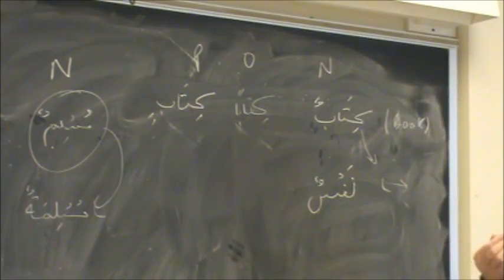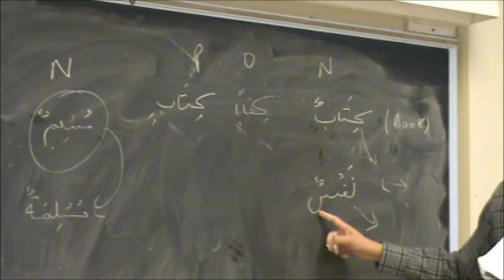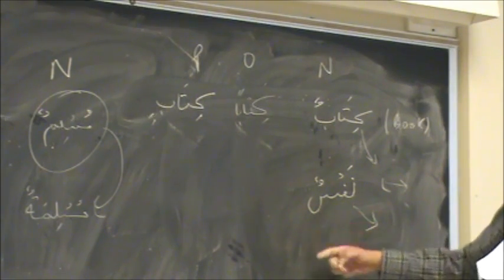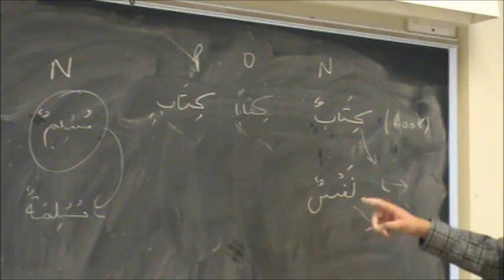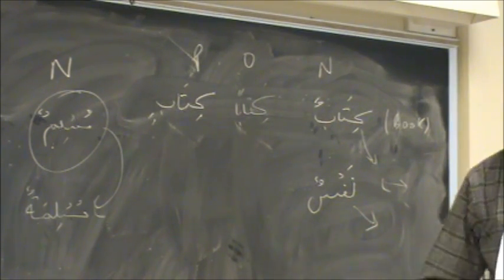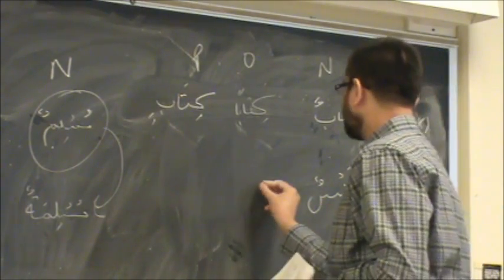Nafs means self, and it does not have a gender. I cannot identify it as feminine. It does not have any of the 3 identifications that we know. But Arabs call it feminine, so we'll call it feminine, and we'll change it to